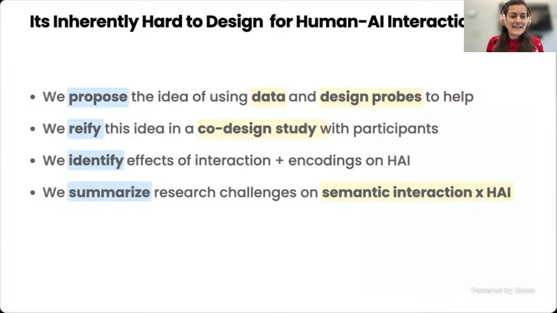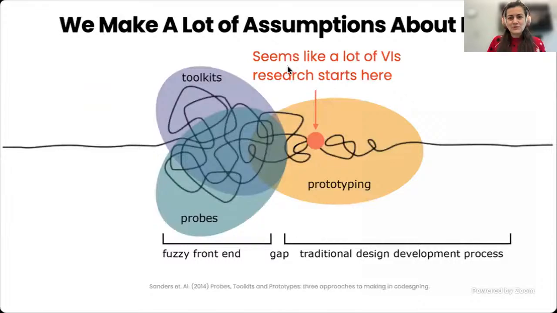What I'll show you today is how we reify these ideas in a co-design study with participants, and from this distill a design space, or identify some interactions and encodings related to human-AI interaction. And we summarize these as forward-looking challenges for semantic interactions as human-AI interaction becomes more complex in the future. So a lot of the motivation for this work was that a lot of the existing literature,